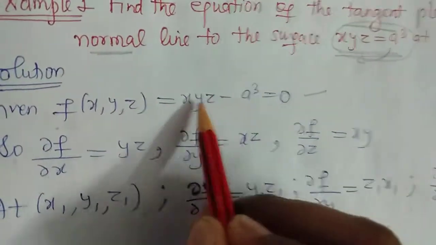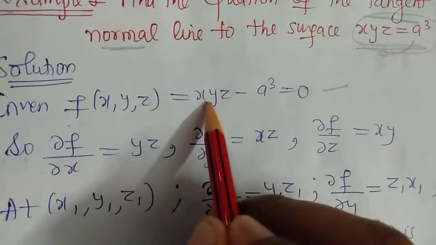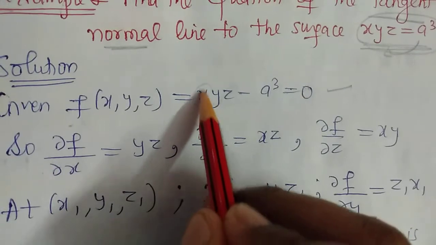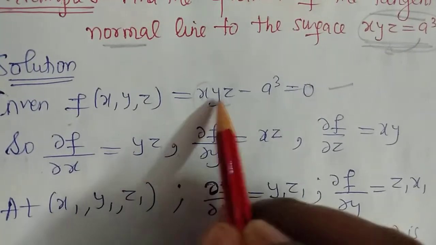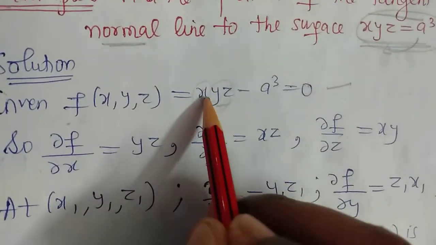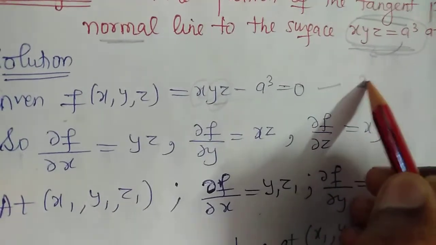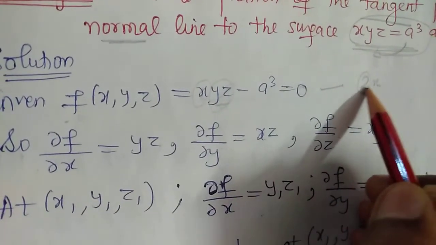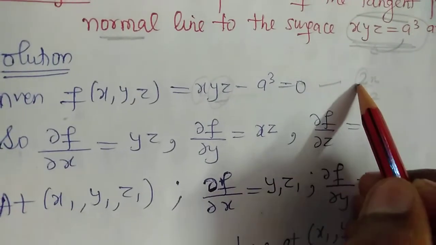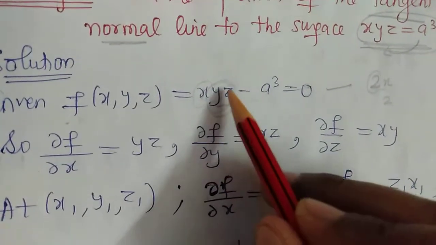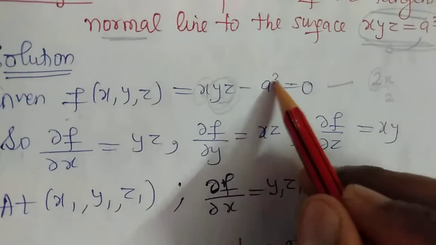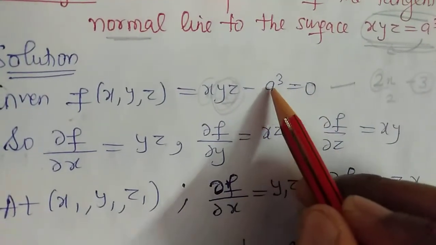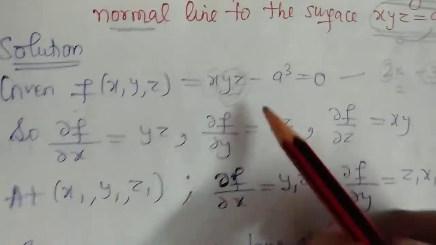So the partial derivative with respect to x, consider the other coefficients constant. So the derivative of x is 1, the rest of the values as such, because we consider them as constants. Okay, when we take the derivative of 2x, 2 is considered as a constant, then the derivative of 2x is 2. In the same way, we consider these as constants, say 2, 3, 4, 5. And if only a lone constant is there, then its derivative is 0. So because of this, its derivative becomes 0.